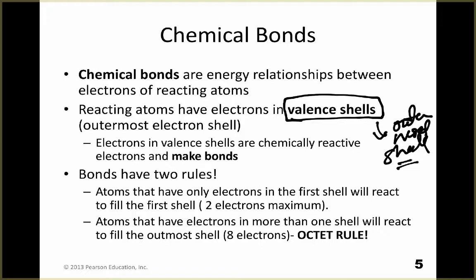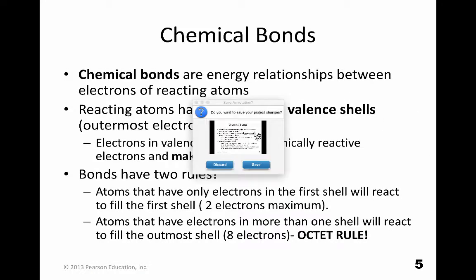Electrons in valence shells that are chemically reactive, which means they're not stable, are going to make bonds. And bonds have 2 rules. Atoms that have only 2 electrons in the first shell will react to fill the first shell. And atoms that have electrons in more than 1 shell react to fill the outermost shell. This is generally the octet rule. Now, we're not always going to follow the octet rule, but for the purposes of today,